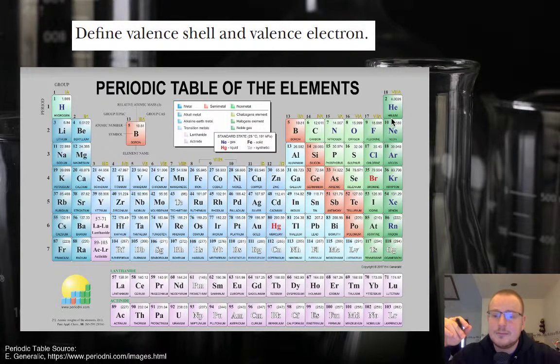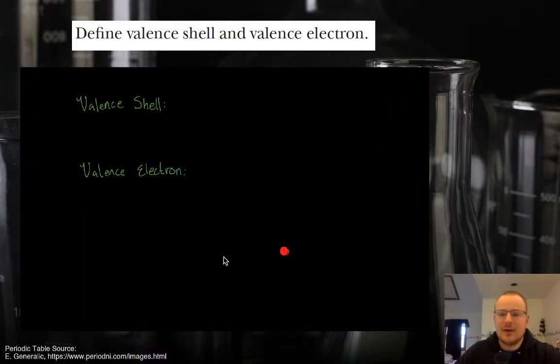Silicon doesn't. But if we look at the previous noble gas before silicon on the periodic table, and look at all of the electrons after that, all of the electrons after neon are in the valence shell of silicon. So there are 1, 2, 3, 4 electrons in the valence shell of silicon. And so now that we've understood this in the context of the periodic table,